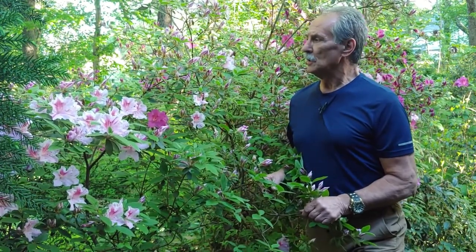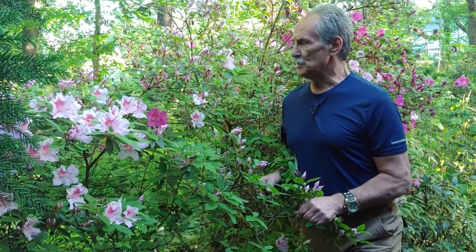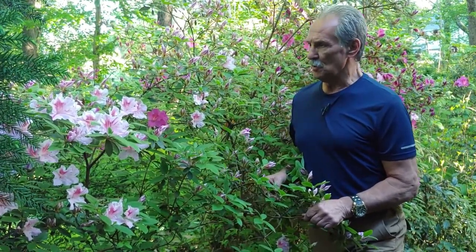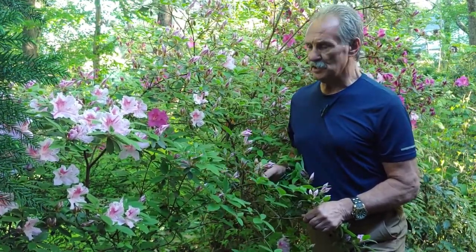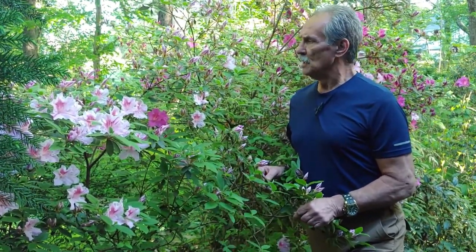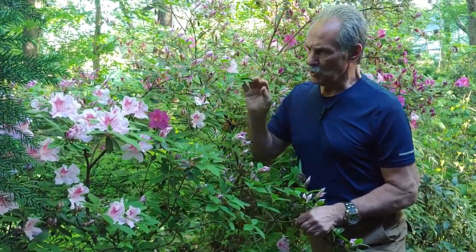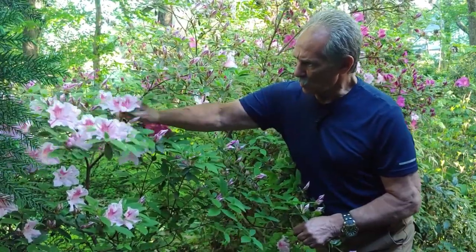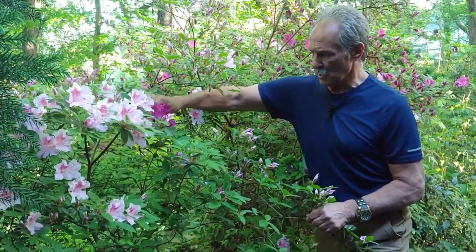Today we will be touring the side garden, continuing our tour of the garden, and I'm standing beside one of my favorite azaleas, Twist, that has just come into flower within the last few days. Twist is distinctive amongst the re-blooming Encore azaleas in that it has pinkish blooms that are often striped in purple, but also some completely purple blooms that come from its